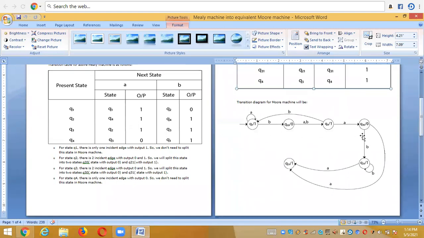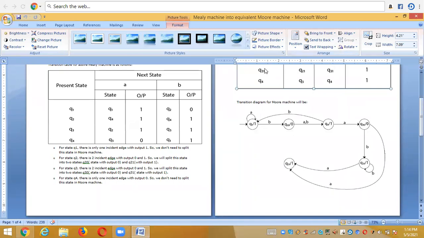Nothing logic is there. Is it clear to you all? A very simple conversion, Mealy to Moore conversion. Here no calculations, no formulas are used. Just from the table of the Mealy machine, what we did is we describe the output state along with its output alphabet. Then after checking that, if you get different outputs for the same state, you need to split it into two states. If you get a similar output, you just take the same state as it is, right?